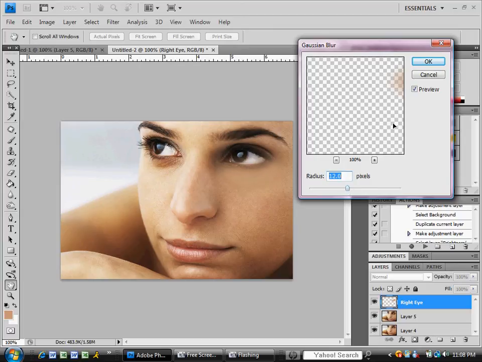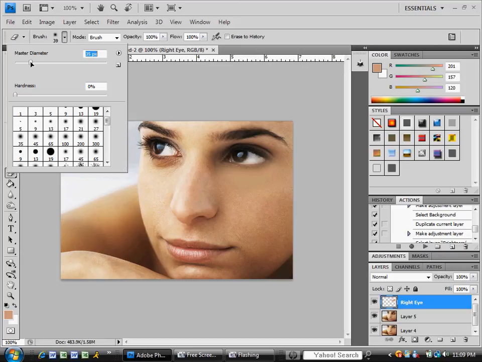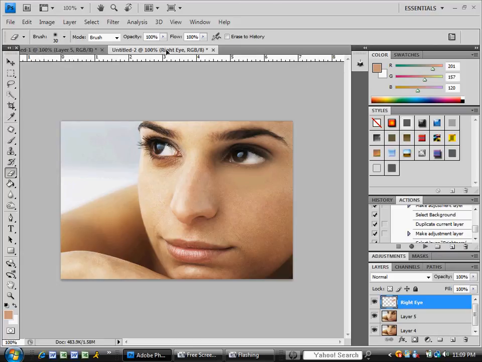You go to the brush, go about 30. 30 is kind of the key number here. And what you want to do is go to the opacity and change it to about 30. And if you don't do that, it turns into this. And you see, you don't want to remove all of the color, you want to only remove some of it. So you go about 30,